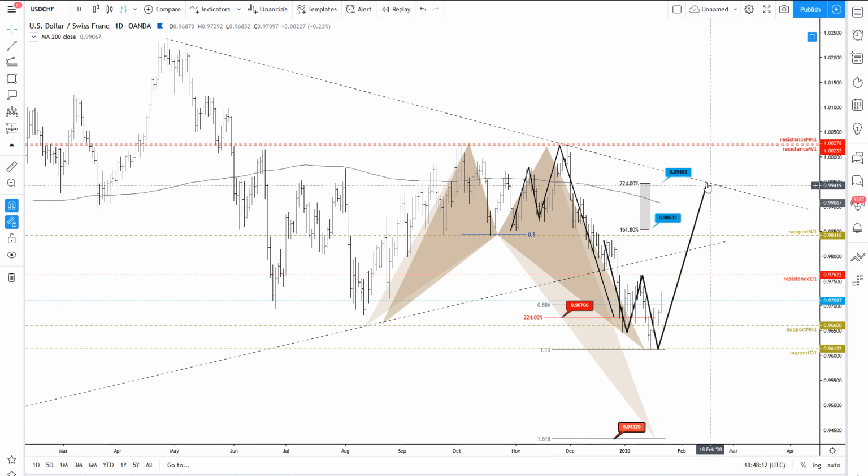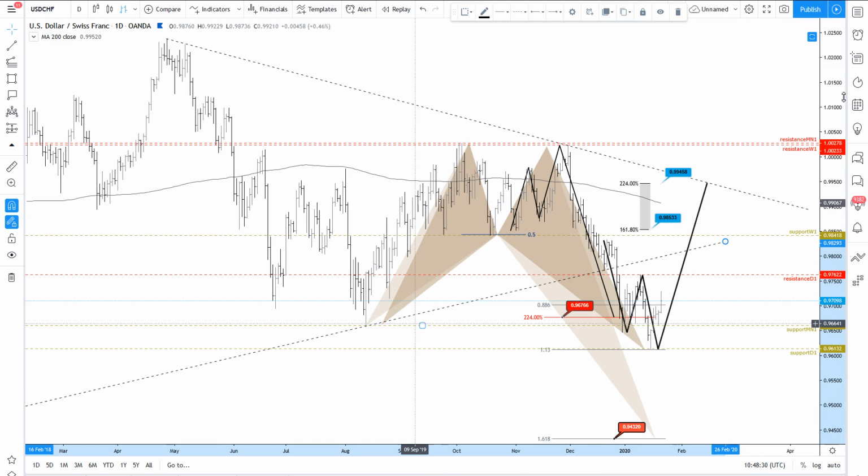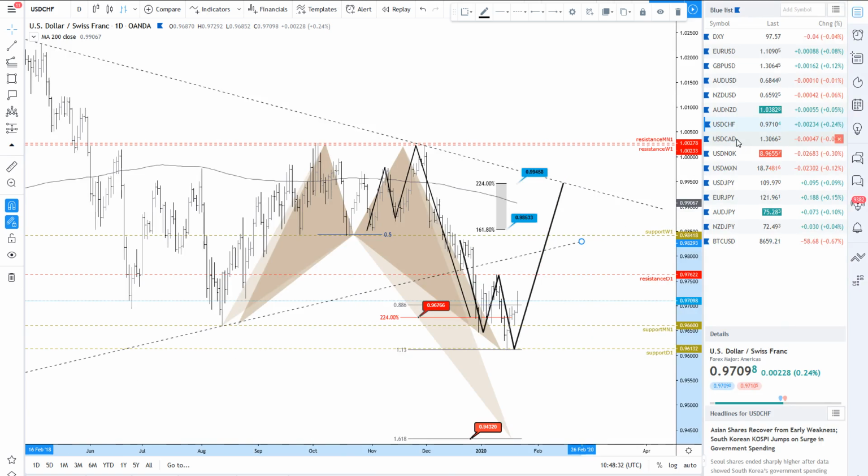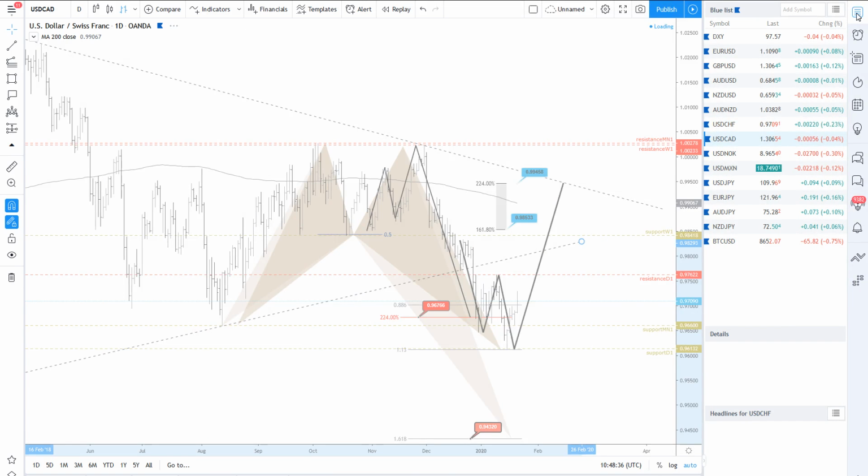So as I said before, two levels above to pay attention for. We are now threatening a potential false breakout. Let's wait what CHF will print for us, considering that we're still trading below this major ascending trend line as a support. The Canadian dollar,